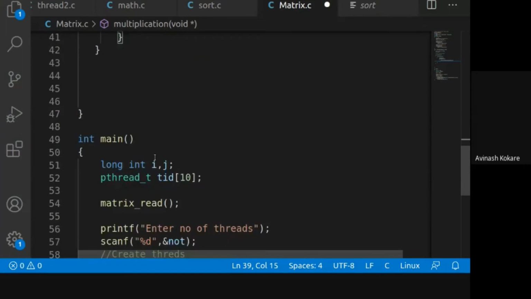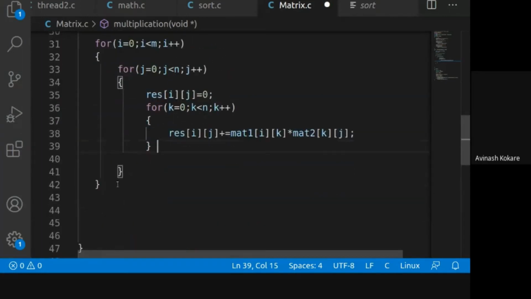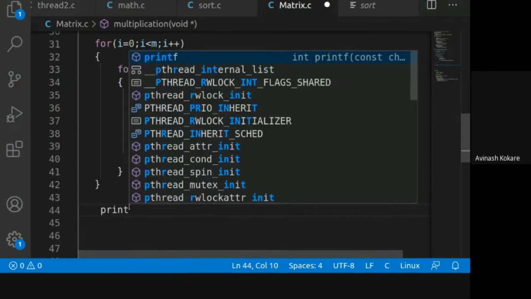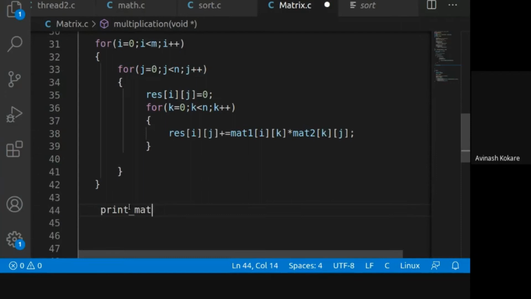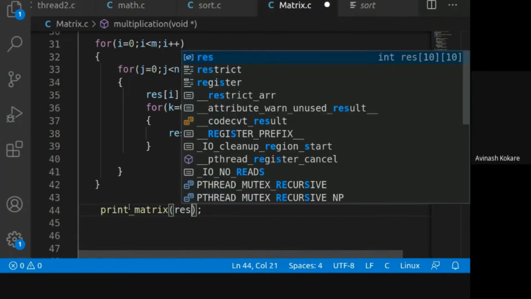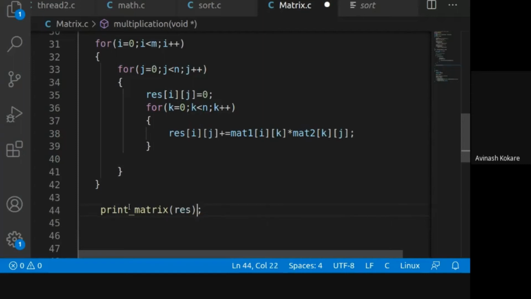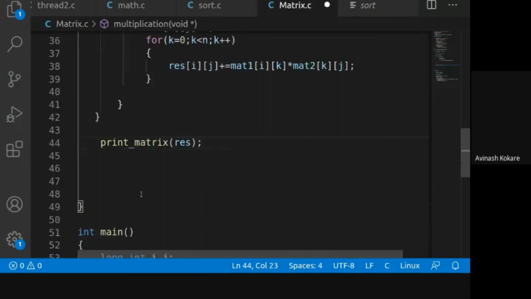Okay, after multiplying the matrices, the next task you have to do is print the matrices. So here I will write the print_matrix function, and let me pass the parameter as result, so that it will print a particular matrix.